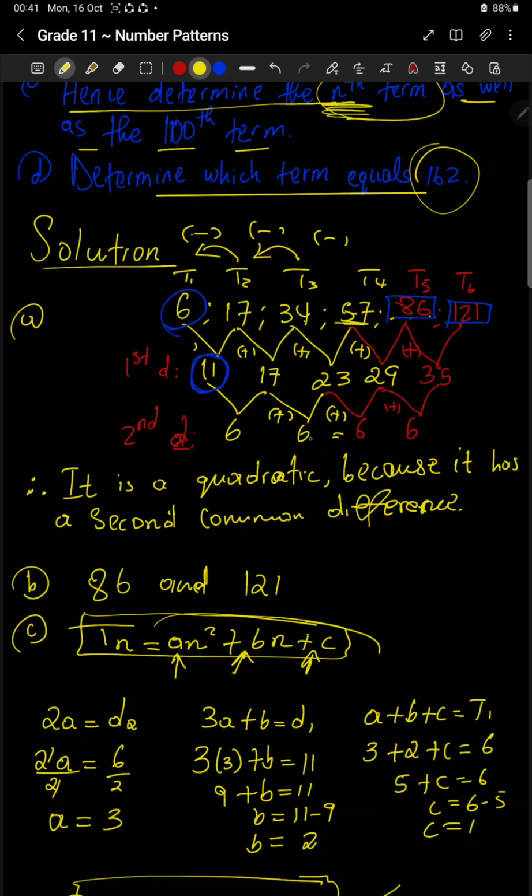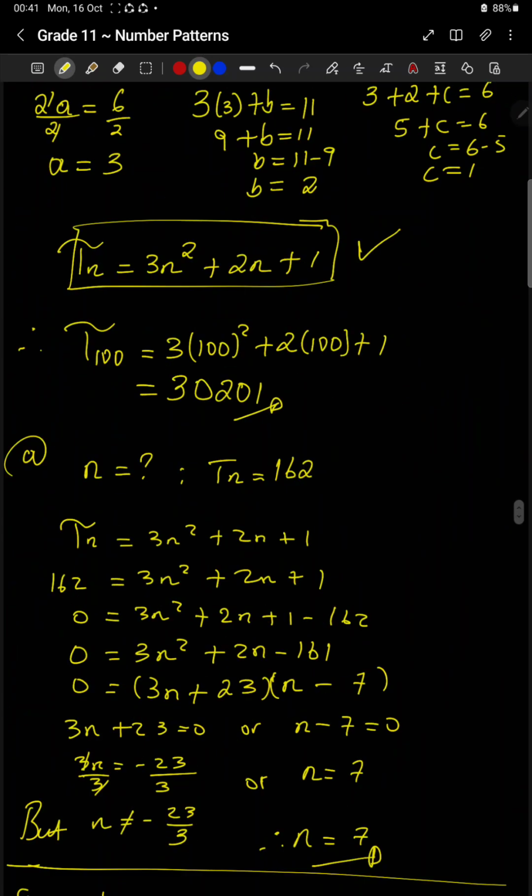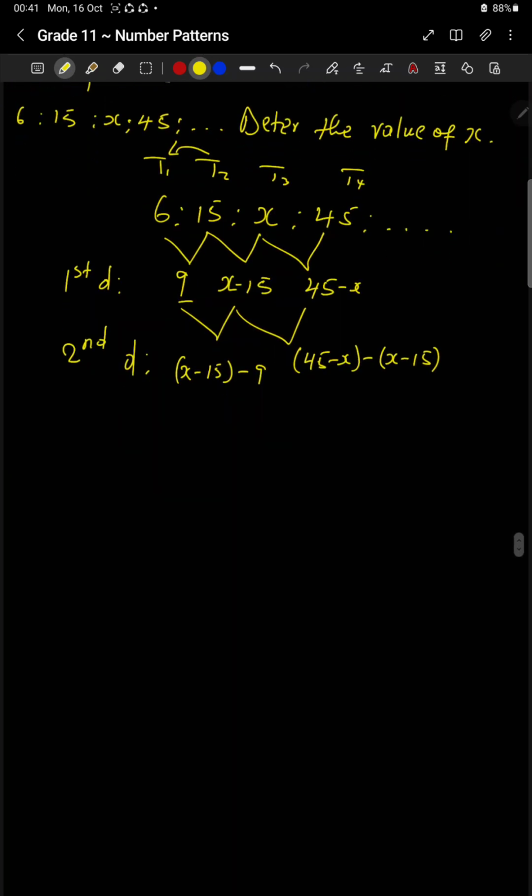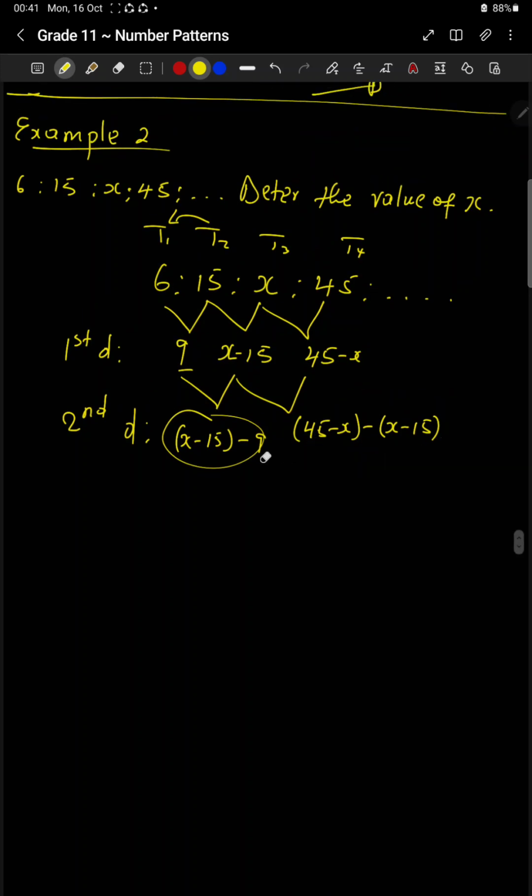All right, so it's going to be 6 and 6 here. Meaning that over here we're going to do the same. So this one over here is the same as this one. That is the rule for quadratic. So two of them are the same, and we're going to equate them together. Okay, so it's going to be x minus 15 minus 9 is equal to 45 minus x minus x minus 15,